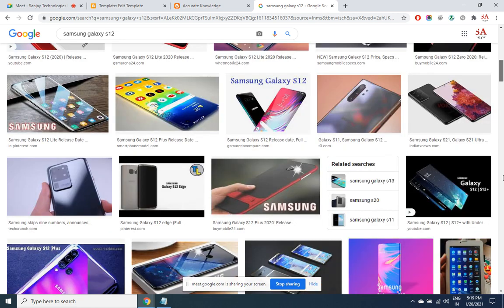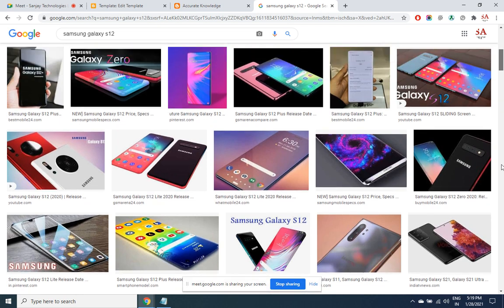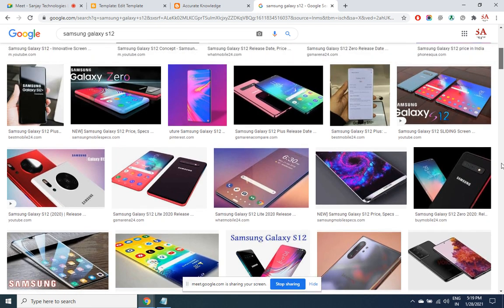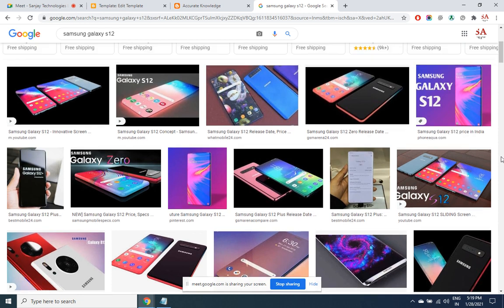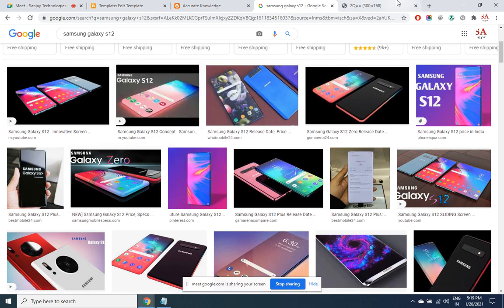I'm checking for an image where the width is good enough. It's a small image. Try to take bigger images.